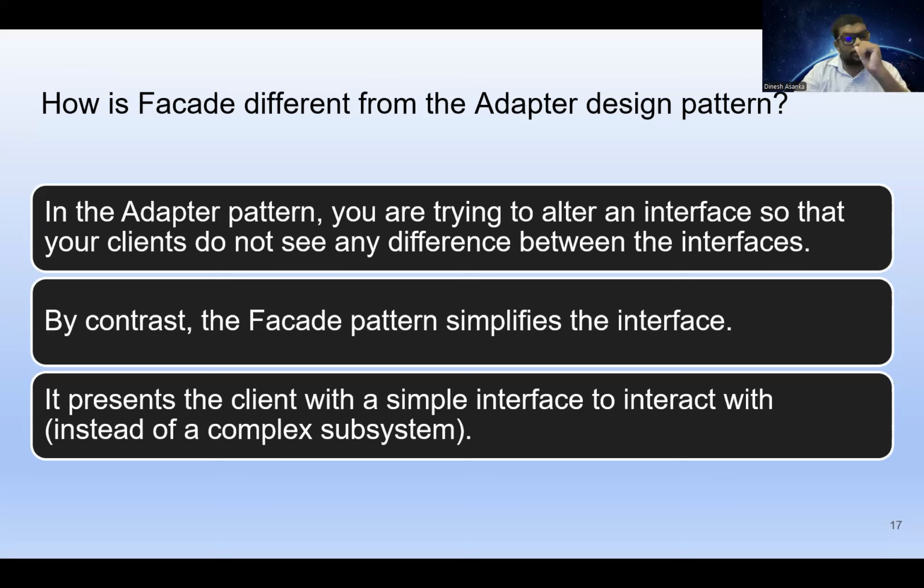Adapter, adaptee is expecting JSON, but you are getting an XML. In the adapter class, you convert it so that the client does not need to know what the adaptee needs. Now, but facade, what it does is, it simplifies the interface. It simplifies the interface. If you remember, in facade, we have different